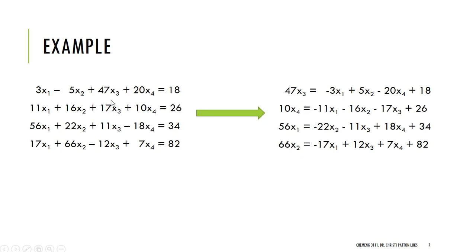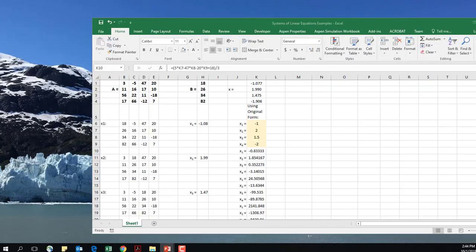So in this equation, x3 is the one with the largest coefficient, so I solve for x3 from the first equation. In this one, all of them are about the same size, so I'll come back to that. In this one, it's definitely x1 that is the largest, and in this one, x2. So I have an x1, an x2, and an x3, so I'll solve this one for x4. Okay? And if I do that, and again divide this top equation by 47, then by 10, by 56, and by 66, then I come into my Excel,